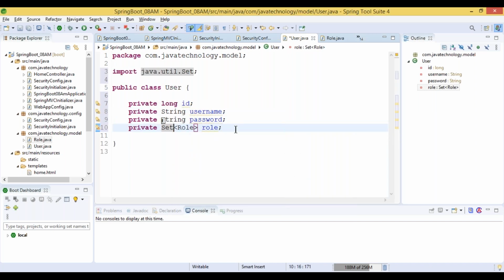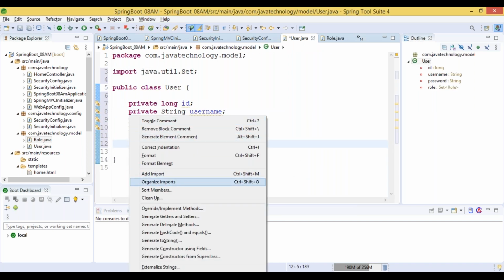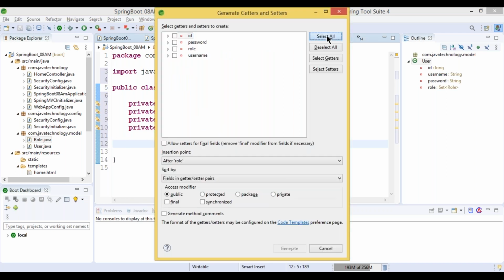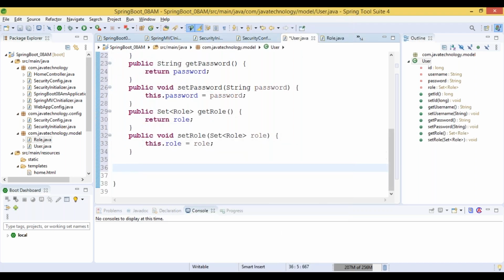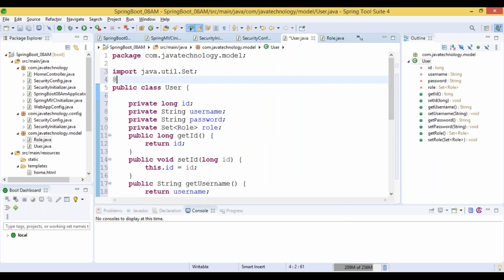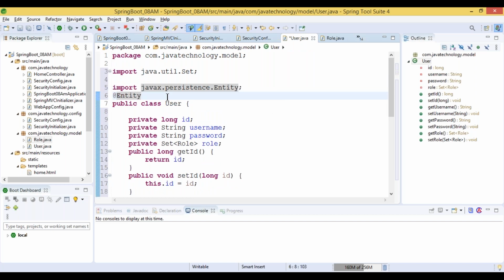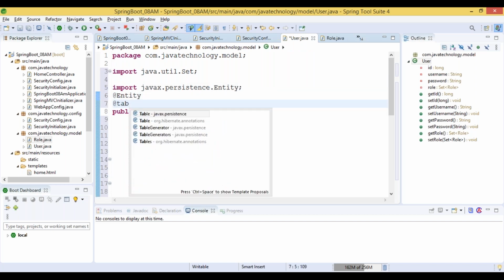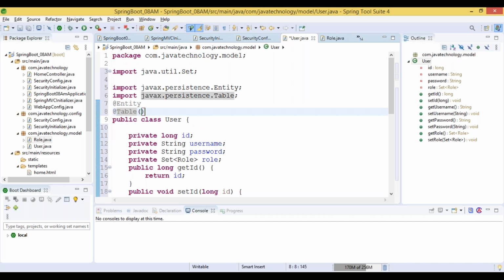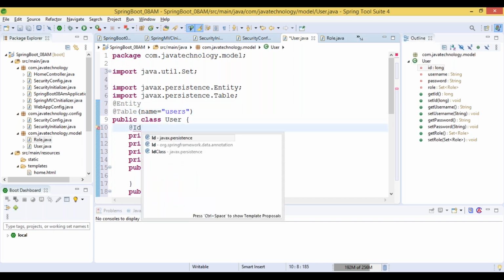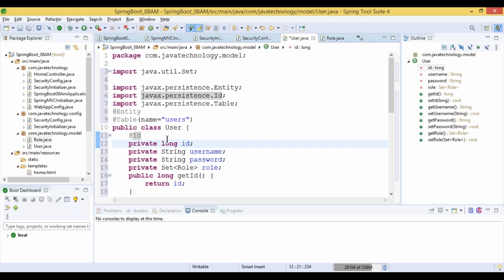Java dot util. I'm generating @Entity, name is equal to users, and the ID. Okay.